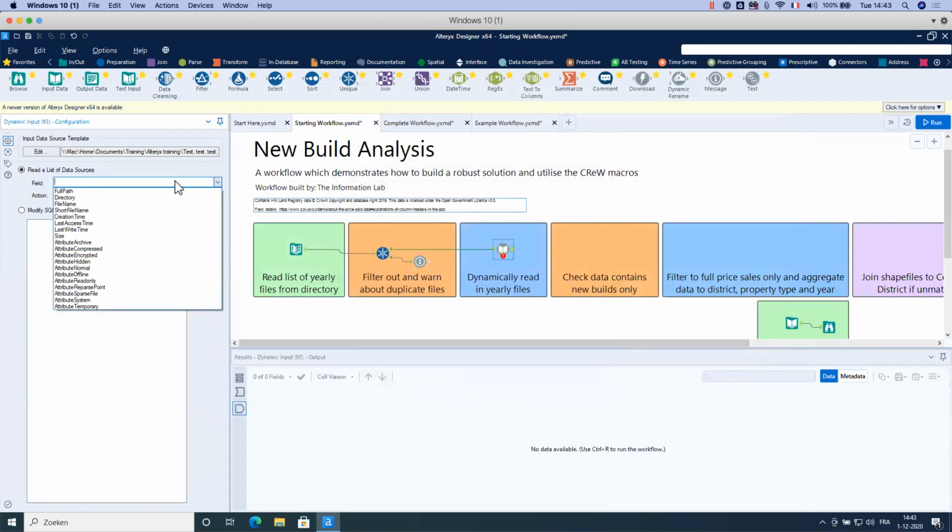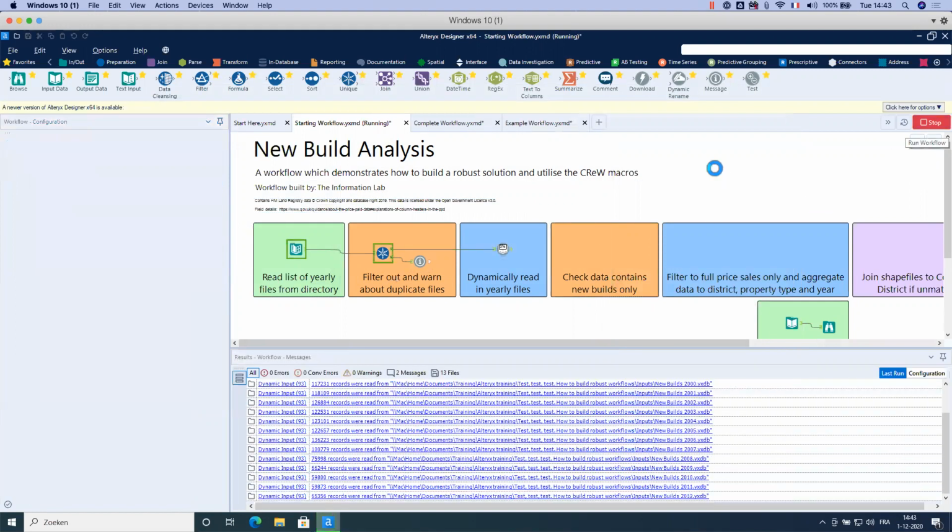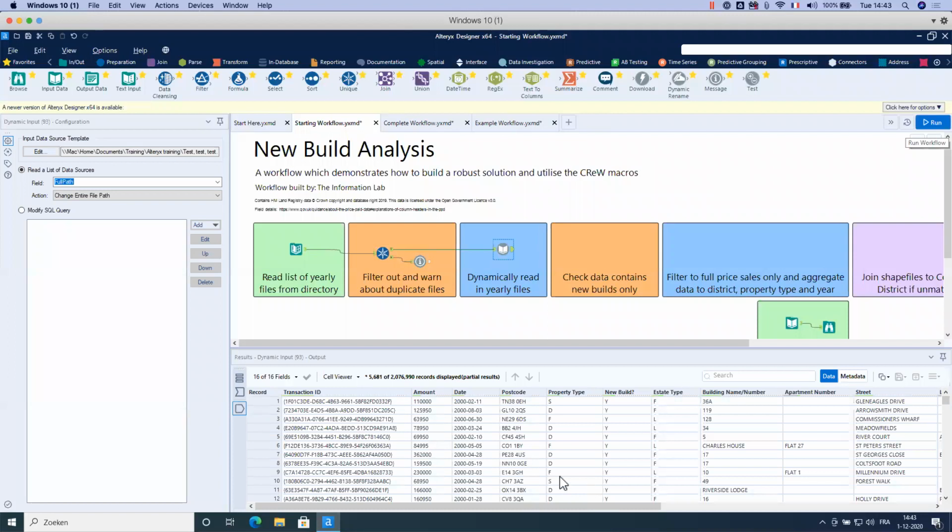And then I need to read the full path, and for the action, I will change it to the entire file path. Okay, I hit run. And then I have all of my files here, all of my data sets together. So it's more than 2 million rows.